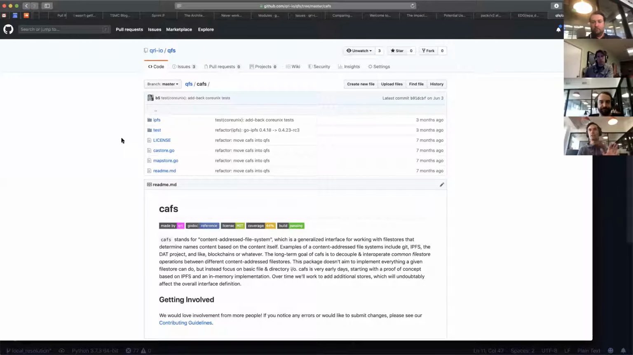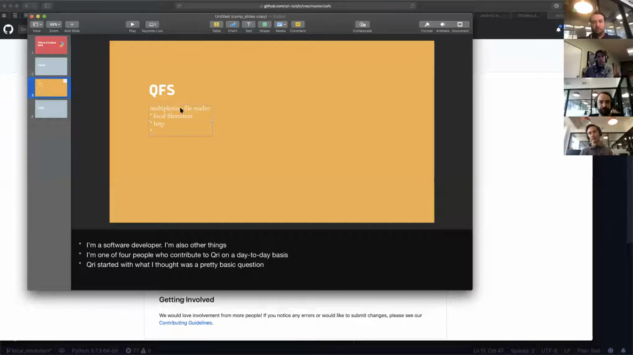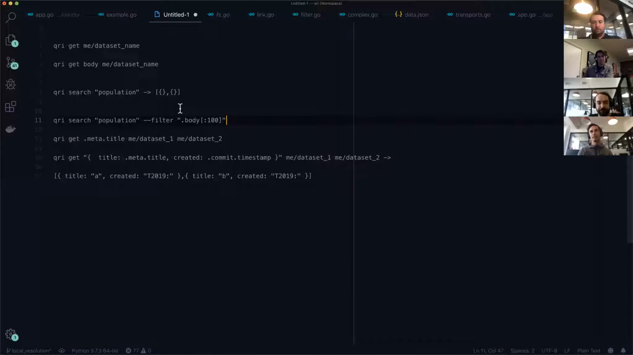This shook out of us needing to make something that was able to deal with multiple types of things. And so I've got this slide here. A multiplexing file reader is the big thing that it does. And so with QFS, we have a way of dealing with the following types of things. If we see this,